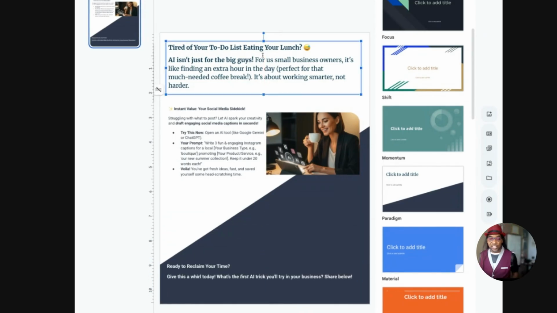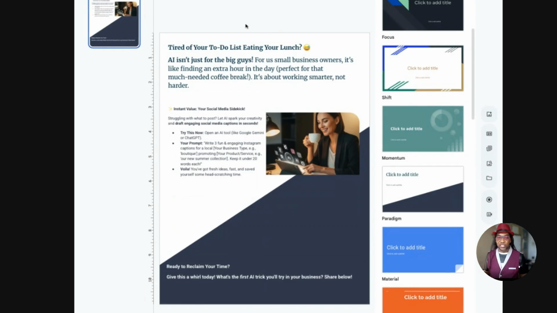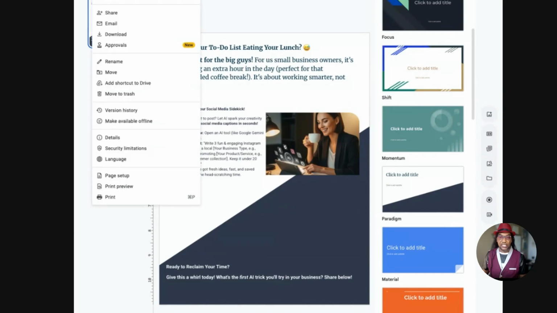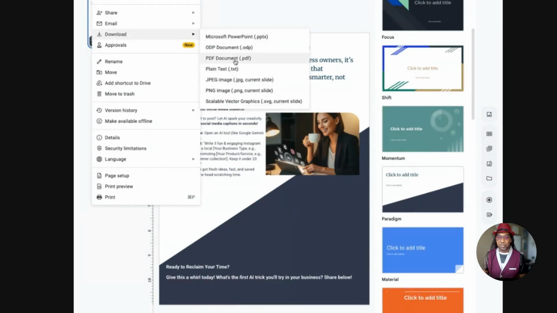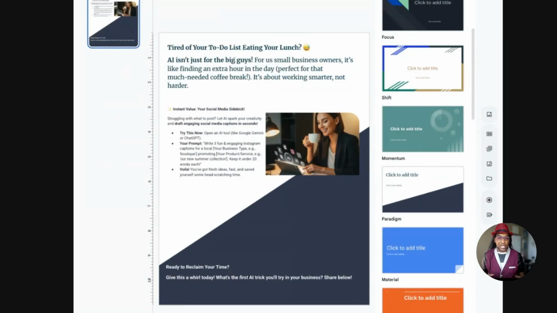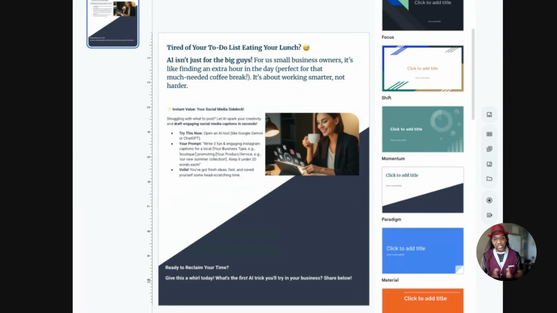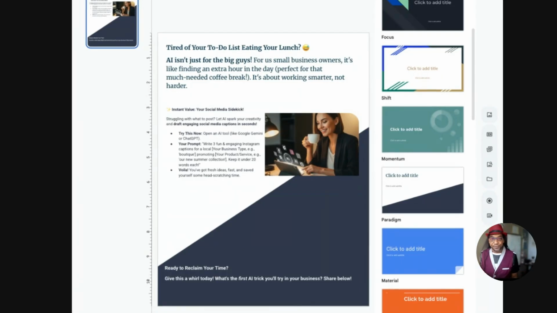Of course, you can design this and change it up in other ways. Once it's done and you're ready to save it, you go to File, Download PDF. Boom. For the sake of time, I'm not going to show you the rest, but what I will do is send you a PDF at the end. For the rest, all we have to do is take that PDF file that we just downloaded, go to the link and create a new post, select document, boom, you're ready to go.